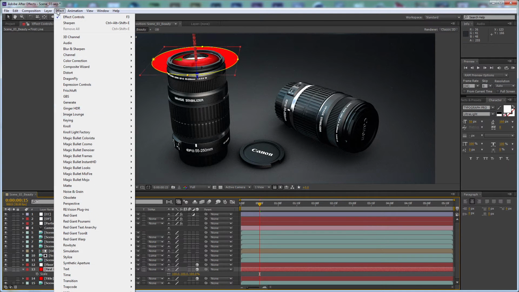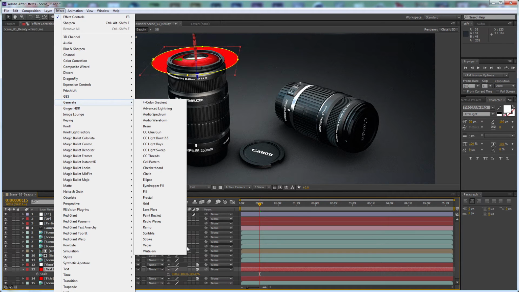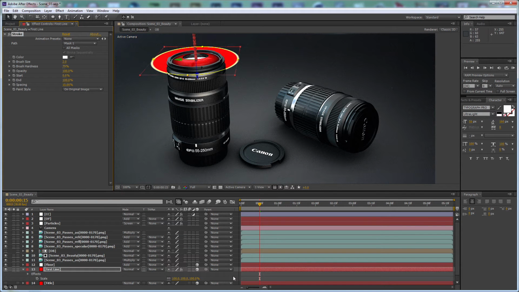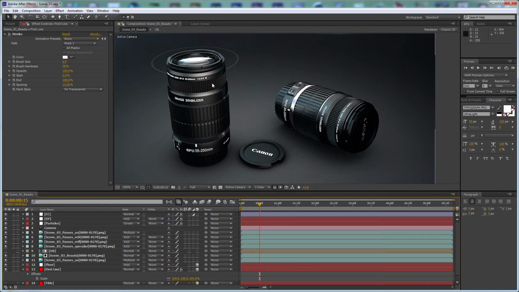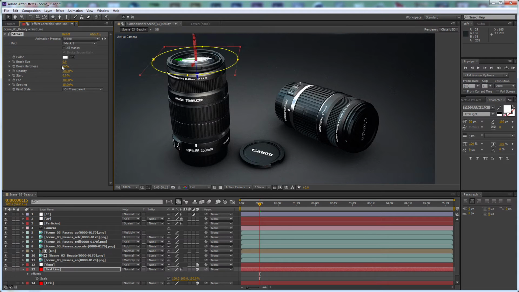Now we need to go to Effect, Generate, and apply Stroke. For the first one, we need to set the brush size to 0.9, and the paint style should be on transparent, so we see only the stroke. And we need to set the brush hardness to 0, and the spacing to 0 as well, so we can see our